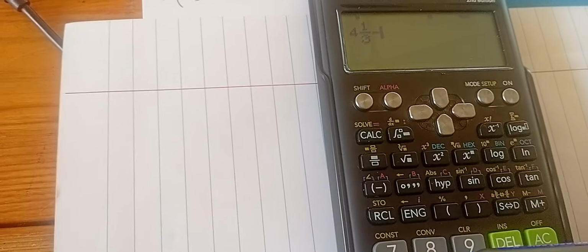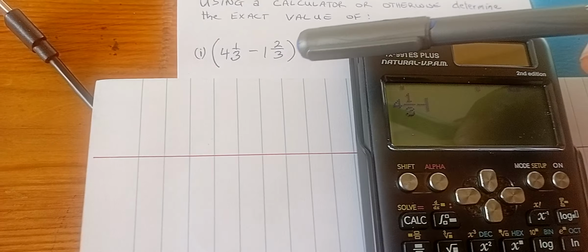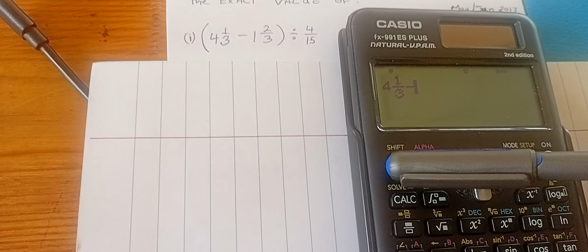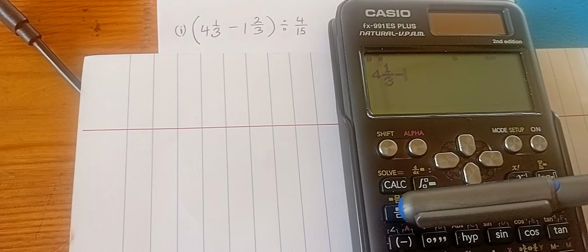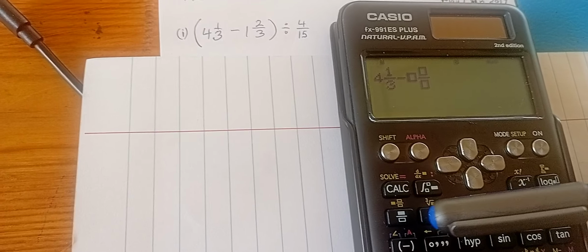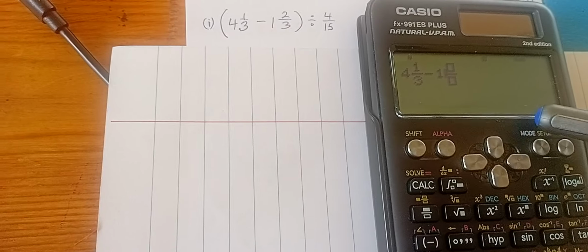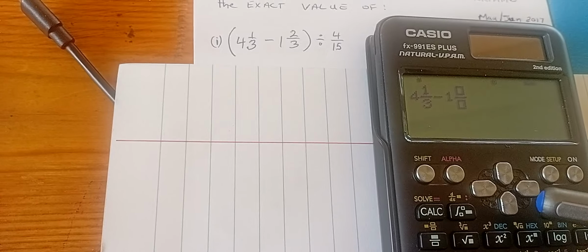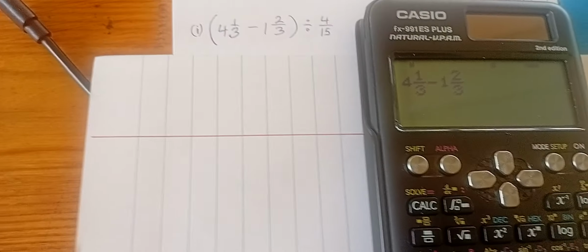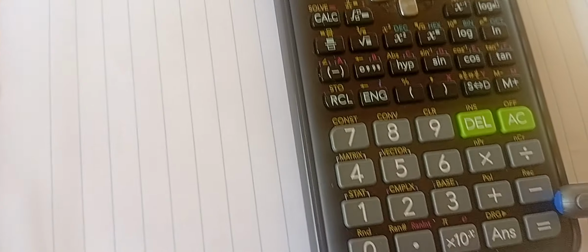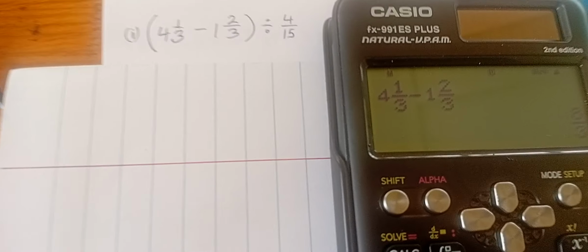Then, since we're gonna have the same mixed number, we have to shift again to the second function of this button and enter the 1 and 2/3. So now we have that. Press equal, and we get